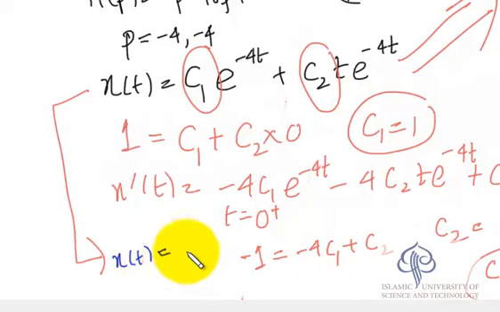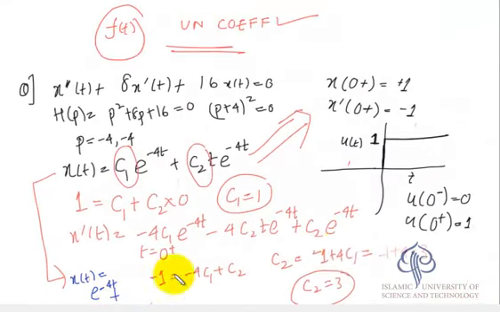x(t) is equal to c1 is 1, so e to the power minus 4t, and c2 is 3 plus 3t e to the power minus 4t. So this is the solution for our problem. Now let us take